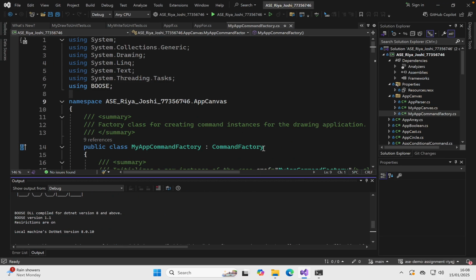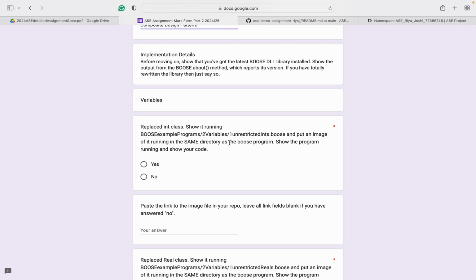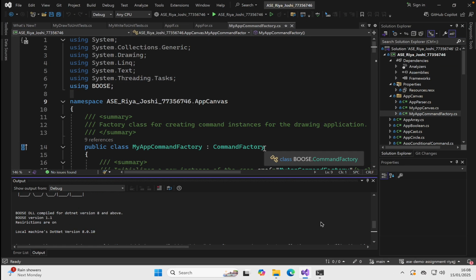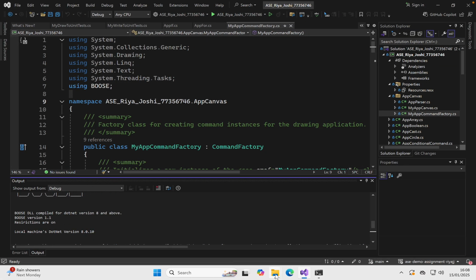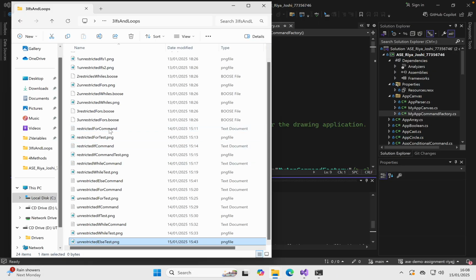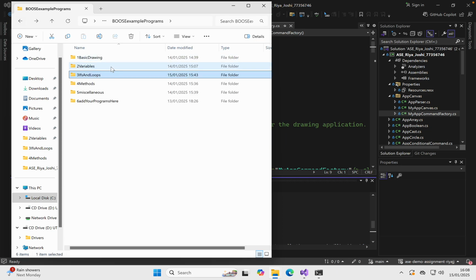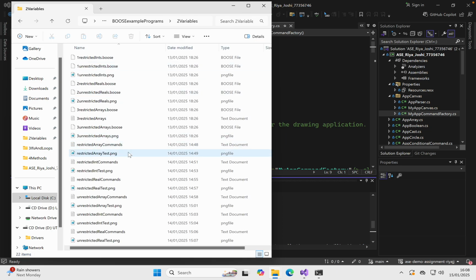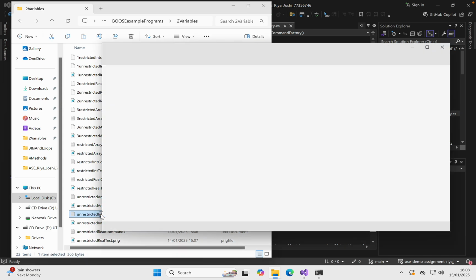Okay, so this one is for unrestricted int. Here is the unrestricted int command.